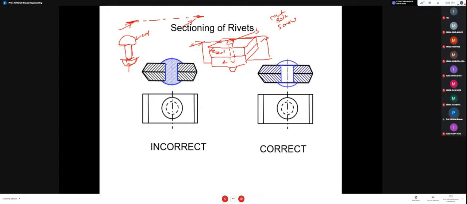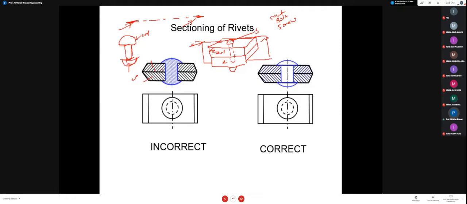So if I am going to make a cutting section, these two parts are different. That's why I have shown them by different types of hatching lines. Okay, this is leaning towards the right, this is leaning towards the left, making an angle of 45 degrees. Here I have reduced the gap between the lines. I have not changed the angle, but you can change the angle as well. So to differentiate, I have reduced the distance between these parallel lines. Okay, so this is comparatively different.